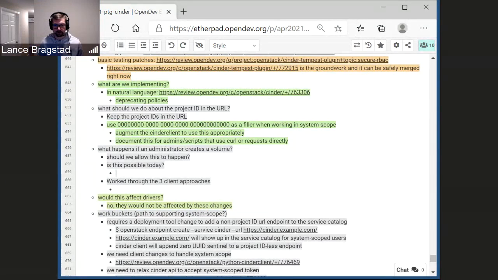So we'll also need, I think, a similar case where Cinder client's going to have to understand, yep, this is a project scoped token, I'm going to make sure that the project ID matches the end of the endpoint URL that I choose.